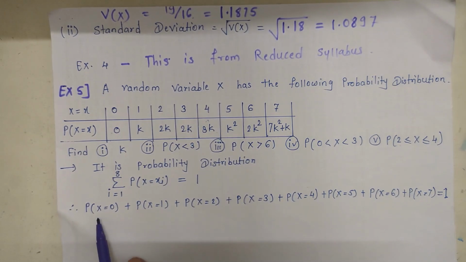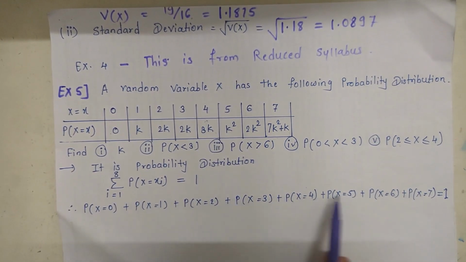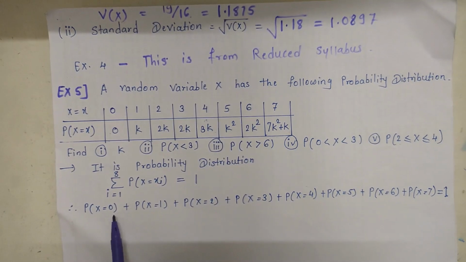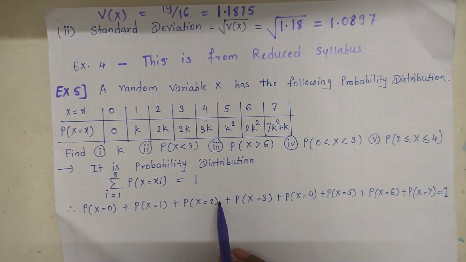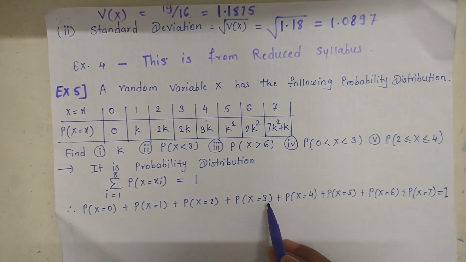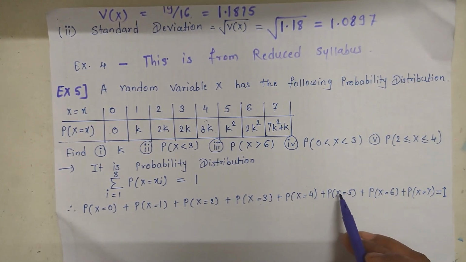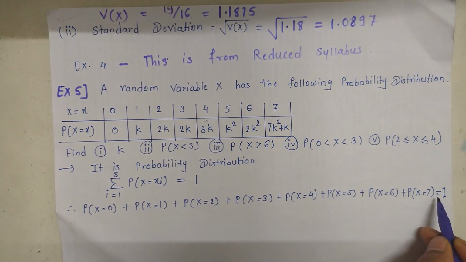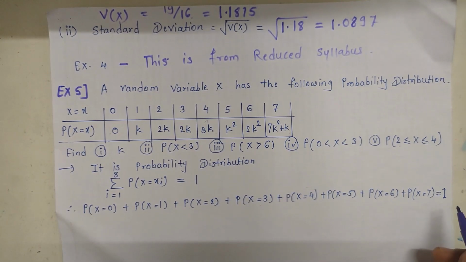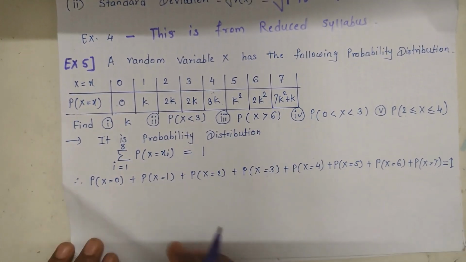Here, first probability for x is equal to 0. This can be written as the summation of all these probabilities. So probability of x is equal to 0 plus probability of x is equal to 1, plus probability of x is equal to 2 plus probability of x is equal to 3, plus probability of x is equal to 4 plus probability of x is equal to 5 plus probability of x is equal to 6 and plus probability of x is equal to 7, and the sum of all these probabilities for the given probability distribution is equal to 1. From this equation we get the values of